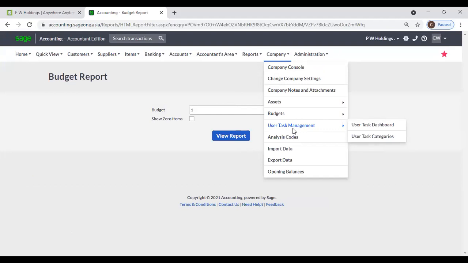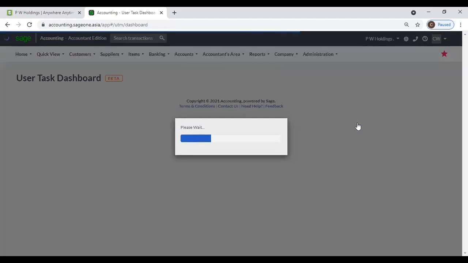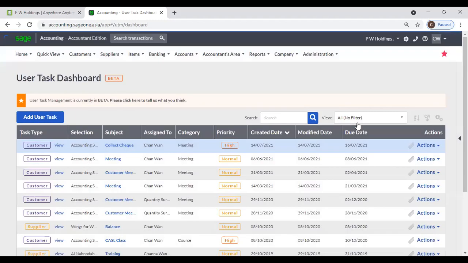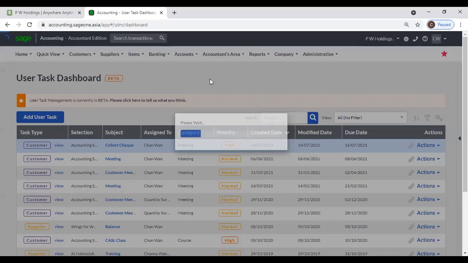After that, user task management. From here, you can send a message from the system. For example, if you want to assign any task, you can send the message from the system. Okay, you can click this add user task, and